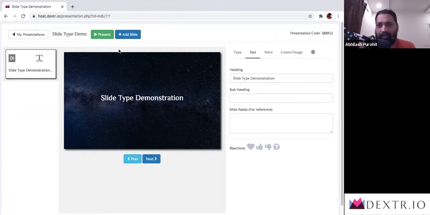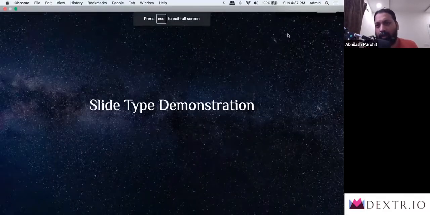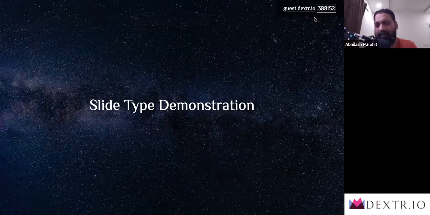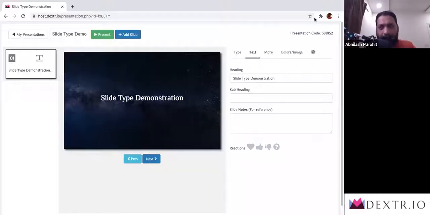When I have gone full screen, observe how on the top right corner, you're going to see guest.dexter.io, which is the URL. And in a box, the same number is visible at all times. So when your participants are participating with you, they will be able to see this code and enter it and come along and participate. That is the first